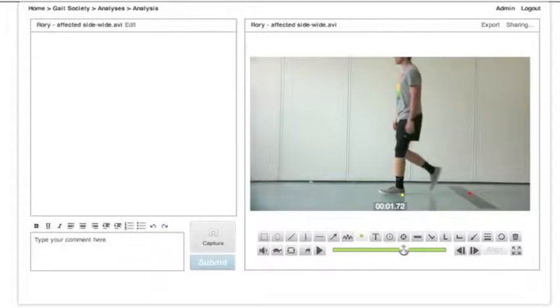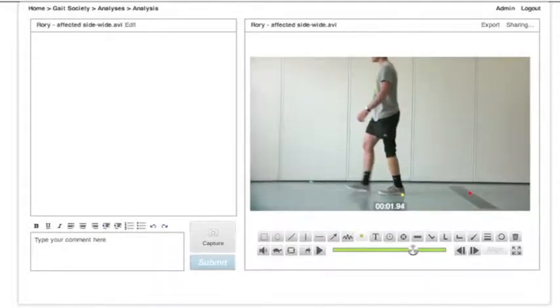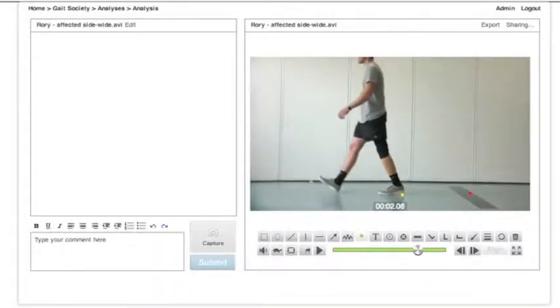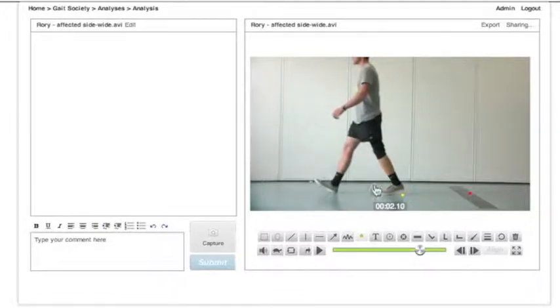Again, stepping forward with my arrow keys on my computer, finding the next heel strike, and changing my dot color back to red to designate the sound side. I will use those dots as reference points for my measurements. So I'll take a measurement between the 2 points on one side,